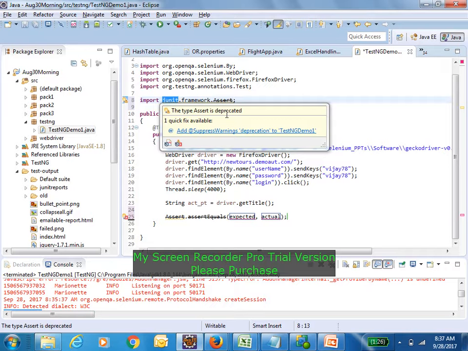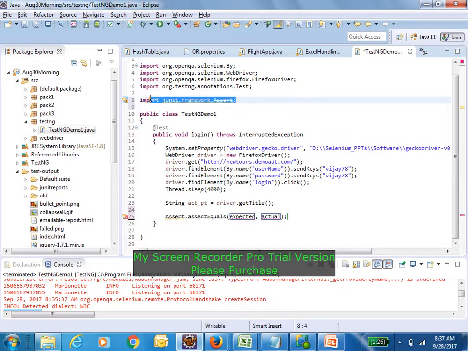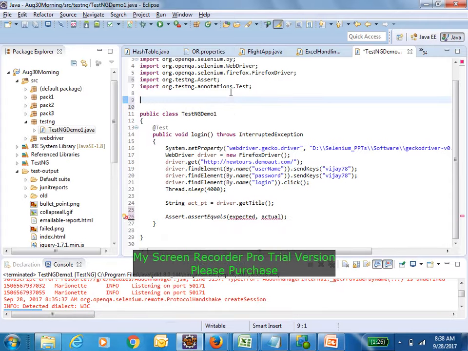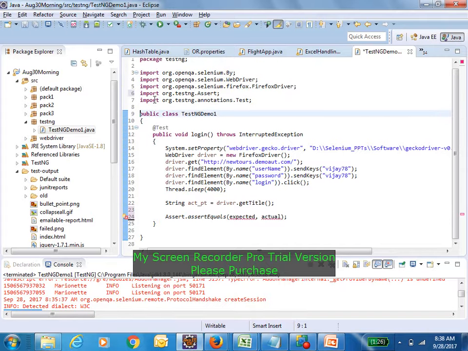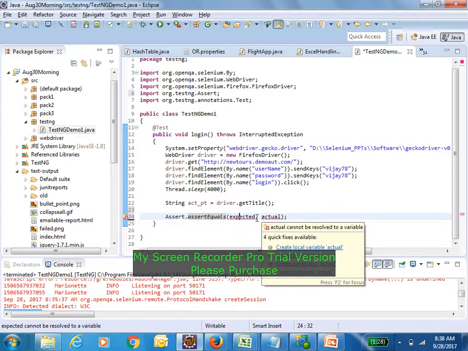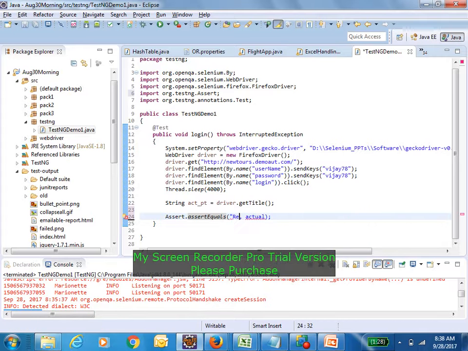Comparing with JUnit, there are some advanced versions available, so we are not using JUnit at all. So now I will remove this, and it will ask you to import. While importing, I don't want to import from JUnit, I want to import from TestNG. Once you import it, see it is gone, and we are importing from TestNG. So it means JUnit is at most frozen. So is it clear? Right? We are importing this class from TestNG, and there is a method called assertEquals, and here you have to give your expected and the actual. So what is that expected? Expected, you are looking for reservation. Actual, what is this? This is the actual.